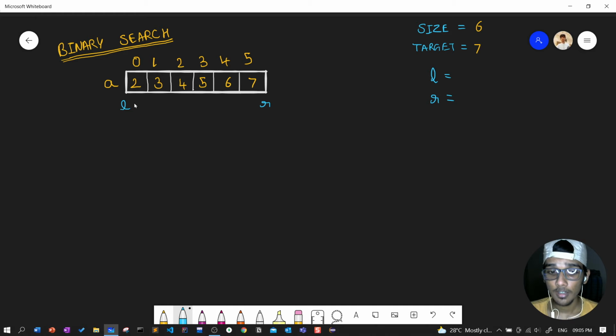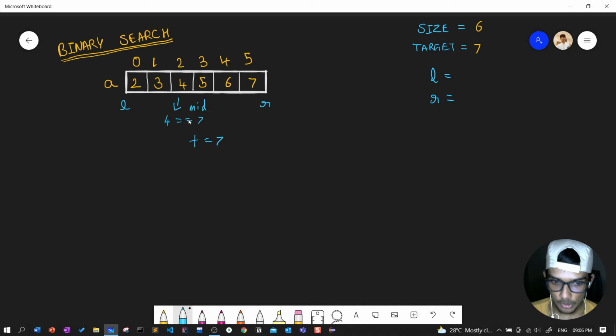First, we find the mid element. We have the target as 7. Now we check the mid element. If the mid element in this array is 4 or 5, say the mid element is 4, we compare it with the target. The target is 7. Is 4 equal to 7?